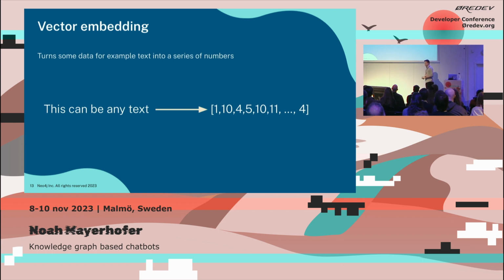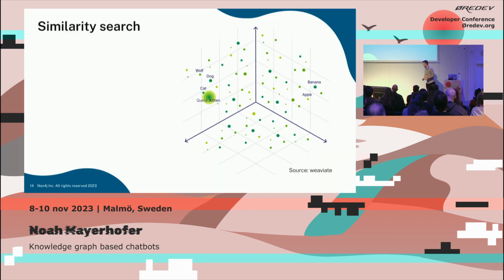And we're going to start with something called a vector embedding, which is basically just a representation of some information in a vector format. So, for example, you can turn an image or a text or a video into a series of numbers. And these numbers basically represent the meaning of the image or the meaning of the text. And we're going to focus on text since we're talking about chatbots. So, for example, any text can be converted into a series of numbers. It can be a word, it can be several sentences. It doesn't really matter.